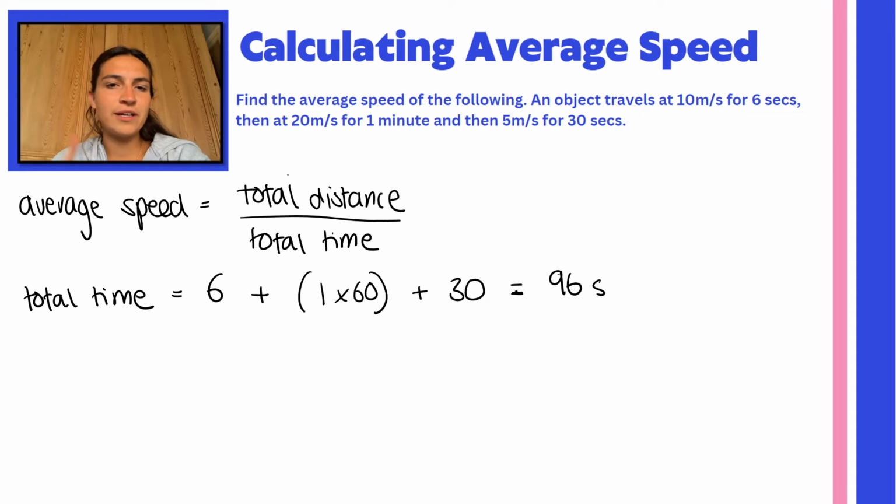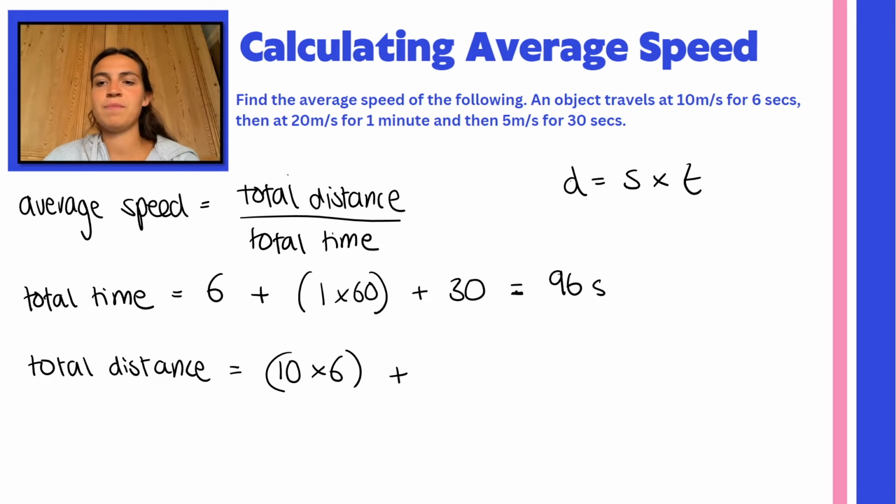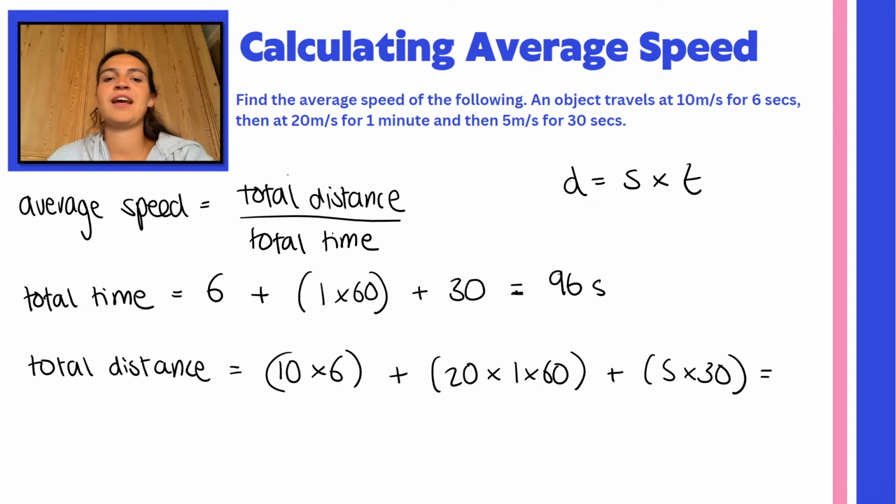Now I need to work out my total distance. So I have got to use my equation, distance equals speed times time. And then I'm going to work it out for each of the bits of the journey individually. So the first bit of the journey, that is my 10 speed times 6 seconds time. And then I'm going to add my second bit of the journey. So that's 20, my speed, times 1 times 60, my time in seconds. And the final part of the journey, 5 times 30. Okay, and I do that all in my calculator,